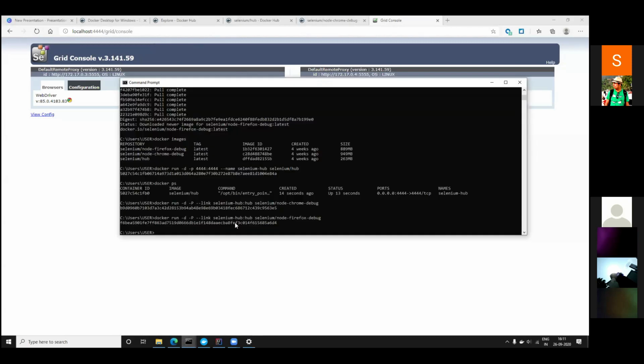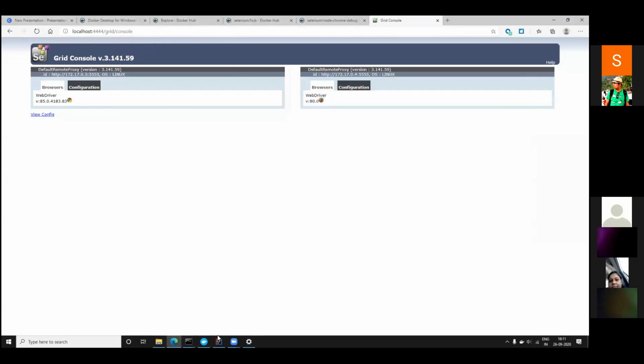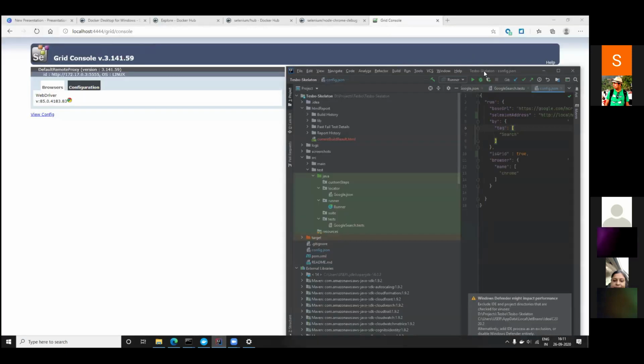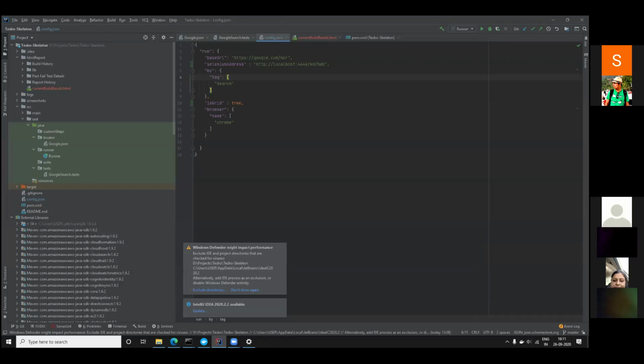Now we have the Selenium Grid ready, so we can run our tests on it. I have one small test here that I would like to run. As this is the Selenium Grid, you just need to provide the Selenium Grid address to run.